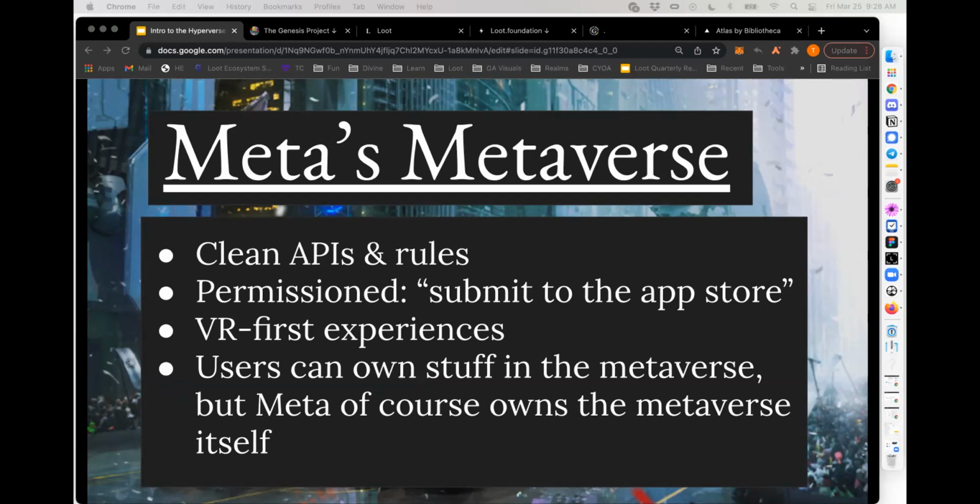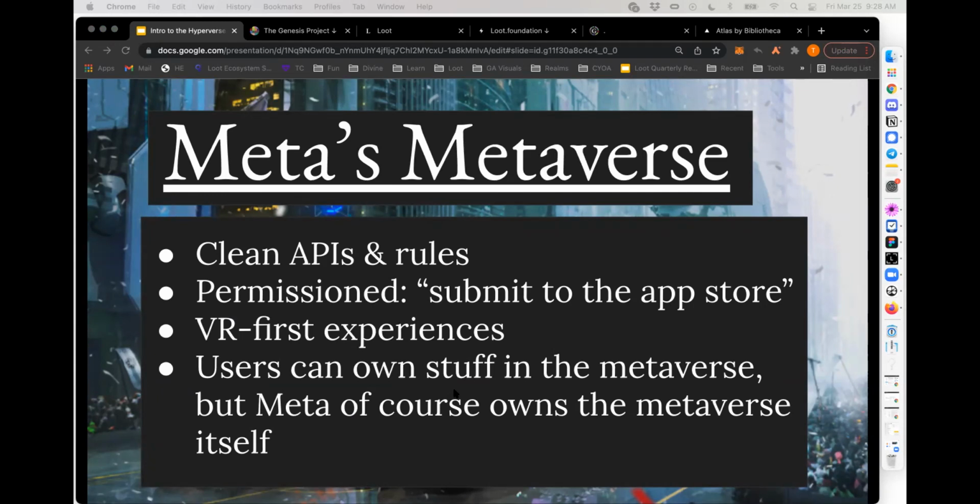Apple's got their stormtroopers walking around making sure that the Apple store is clean, making sure that the Apple platform is clean, and that when you download an app from the App Store, it's paying its tithe to Apple, and as a result of that, it's also safer. But also as a result of that, the users and the creators who are building in that universe don't really own the universe. They might own their games, that's fine. And this example here is good.